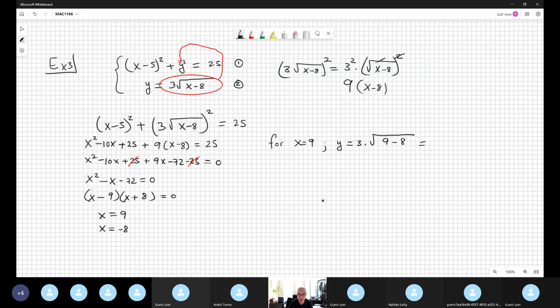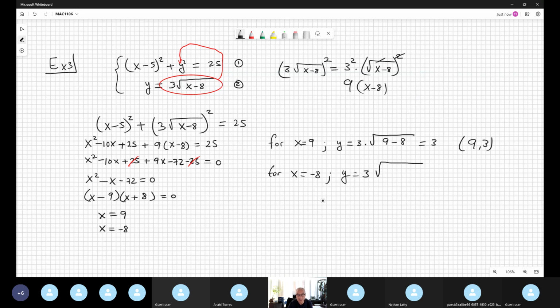Okay, 9 minus 8 is 1, and the square root of 1 is 1, and 1 times 3 is 3. That's y is 3, and the point is the point (9, 3). Super. For x equal minus 8, y is equal to 3 times the square root of